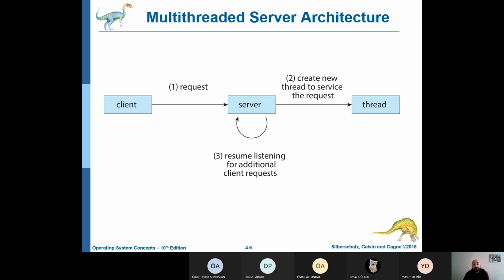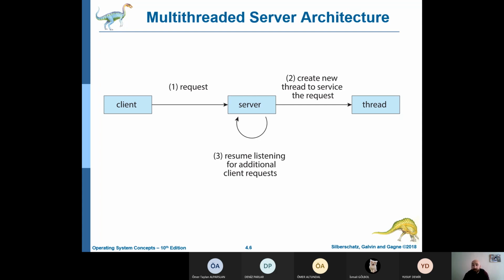If the web server process is multi-threaded, the server will create a separate thread that listens for client requests. When a request is made, rather than creating another process, the server creates a new thread to service the request and resumes listening for additional requests. This scheme is illustrated in this figure.